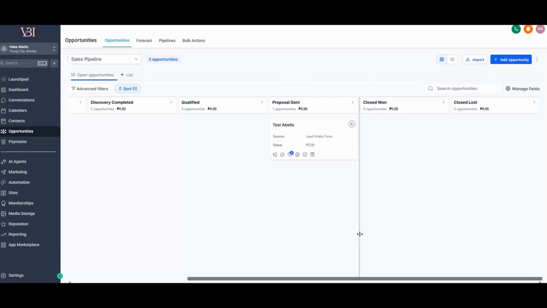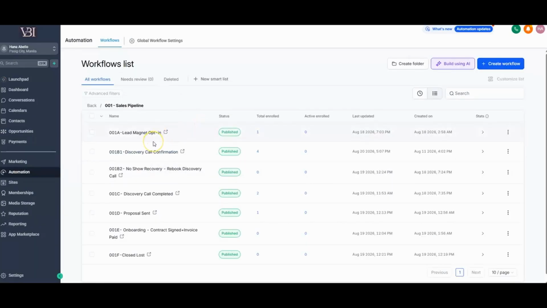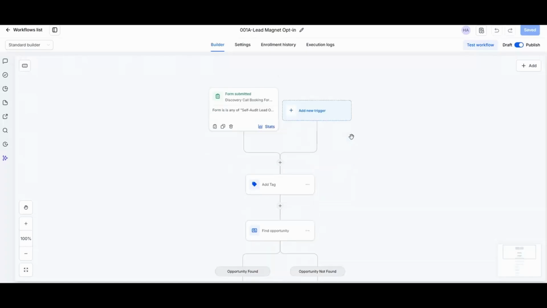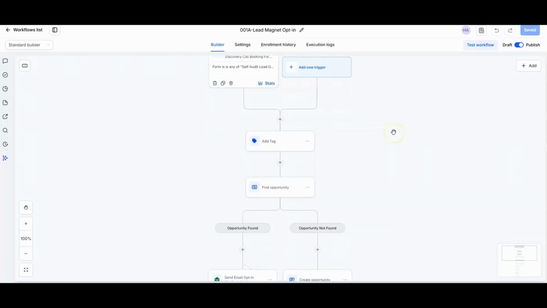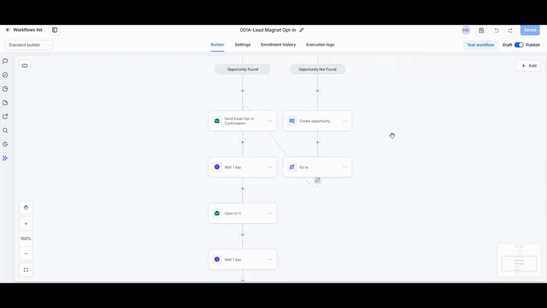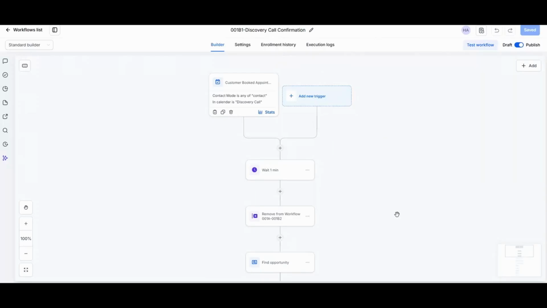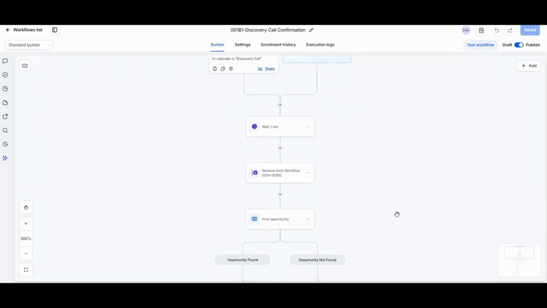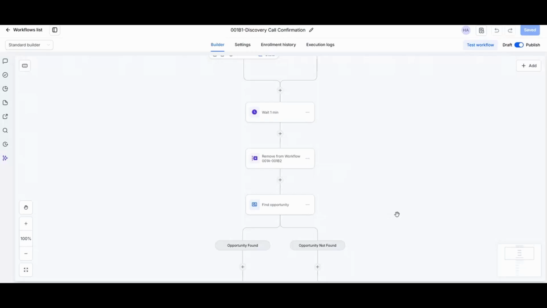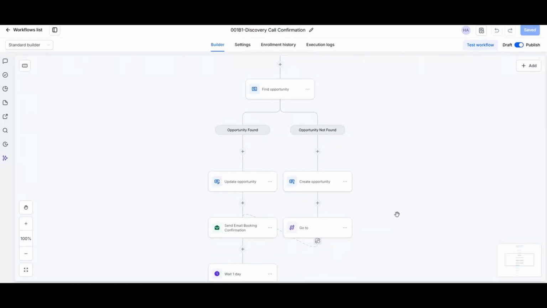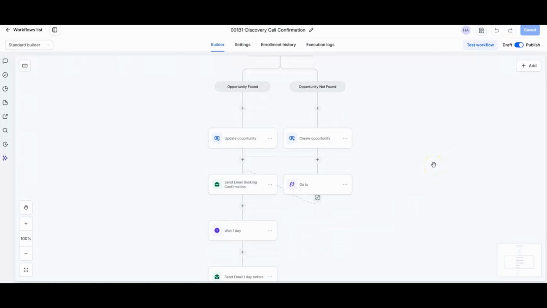But visibility is only half of the system. The other half is follow-up. Let's start with a new lead. When somebody fills out my form, HighLevel creates the opportunity in the new lead stage. They receive the resource they requested, followed by 2 emails inviting them to book a discovery call. If they book, HighLevel automatically moves them from new lead into discovery booked. Then, the system sends their confirmation email and appointment reminders. This is what I mean by building automation around the pipeline. The pipeline tells me where the lead is. The automation helps move them toward the next logical step, and I don't have to remember to send each message